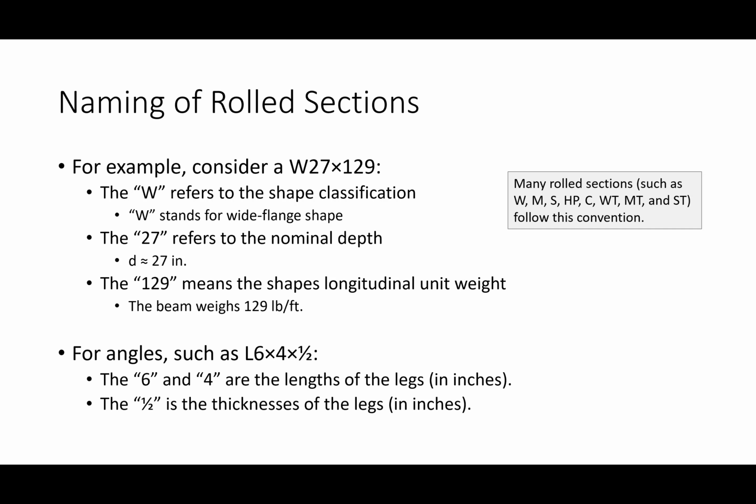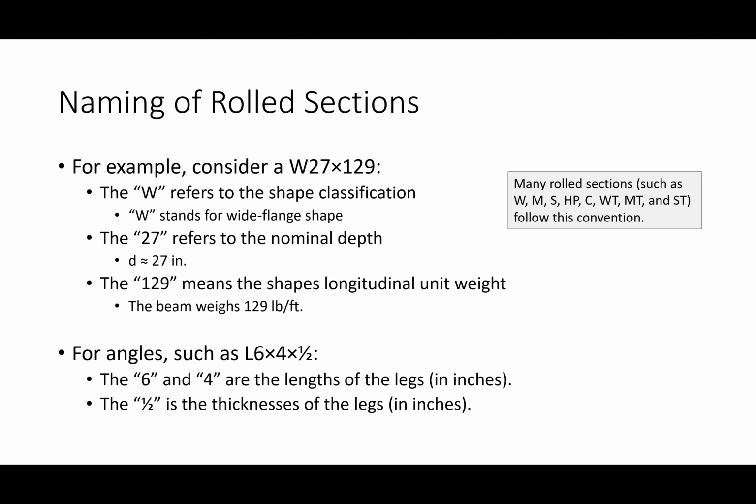What about the 129? The 129 refers to how heavy the beam is. Okay? So a W27 by 129 is a W shape that's about 27 inches deep that weighs 129 pounds per foot. So every foot of that shape, pick it up, put it on a scale, it's going to weigh 129 pounds. So this is a number that you're really going to want to key into when we start doing design,